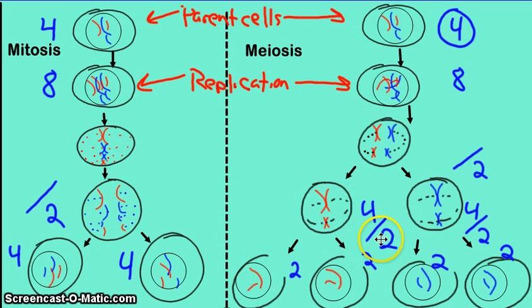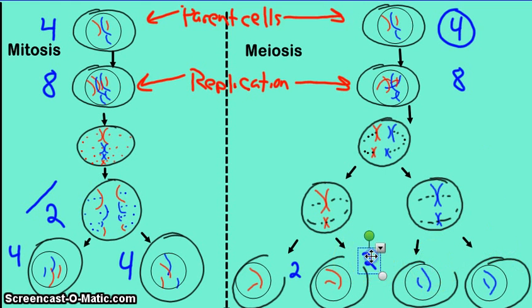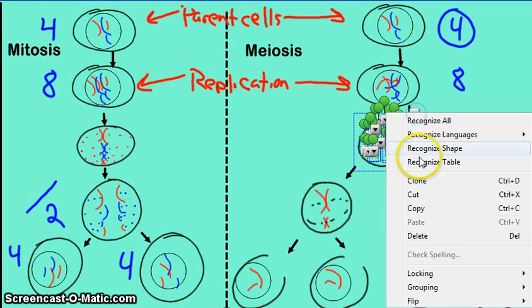If we go to our more complicated diagram of meiosis here, and if I get some of this out of the way, you will notice that the original parent cell has a long red, a long blue, a short red, a short blue, and the offspring, the daughter cells, there are 4 of them, are not the same as the parent. This one only has a long blue and a short blue. And if you remember back to your lecture on the process of meiosis, you may recall that